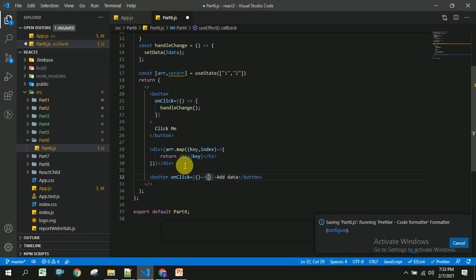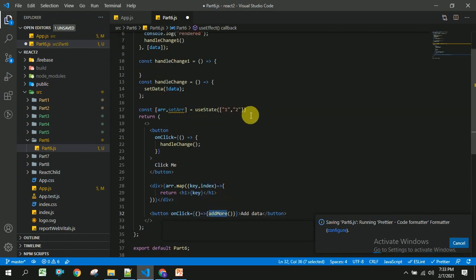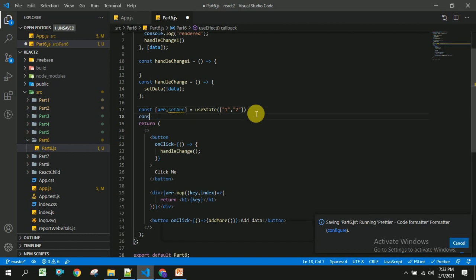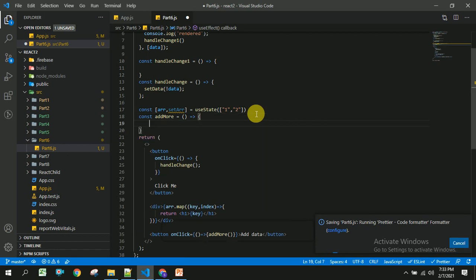And once the user clicks on this, the addMore method will be called, and I am creating this addMore method here by using an arrow function, ES6 syntax, and setArr of, this is the spread operator which will spread whatever the previous array was, and it will add another value, the second parameter.